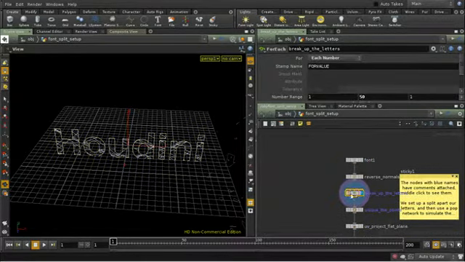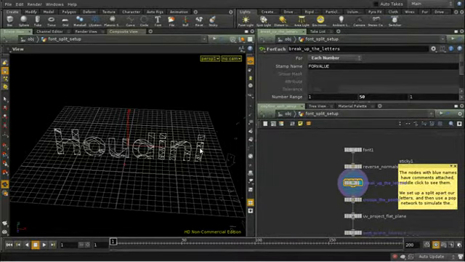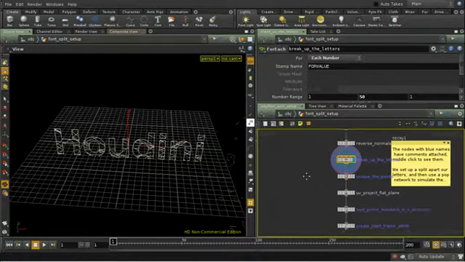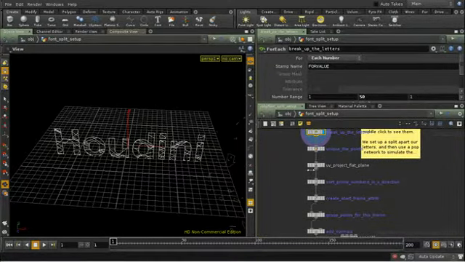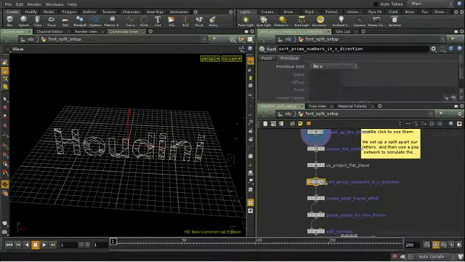And then I'm using a for each SOP to break up the letters, because the shatter SOP really doesn't work very well in this circumstance. And the for each SOP is using a clip to split up the letters. I then unique the points to ensure each primitive is separate, project some UV coordinates onto them using a planar projection. Then I sort the primitives